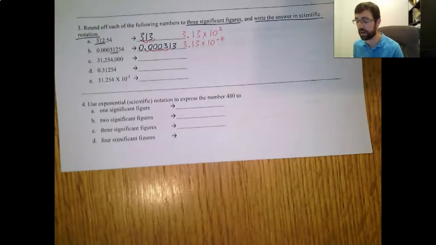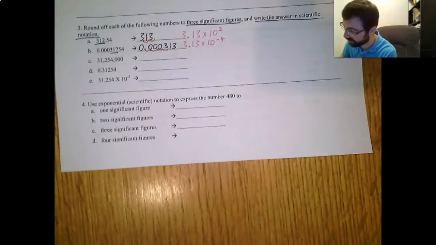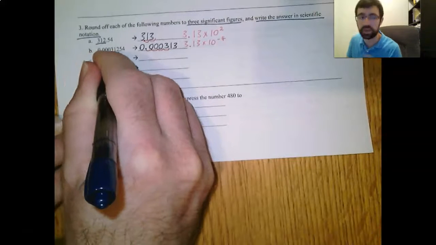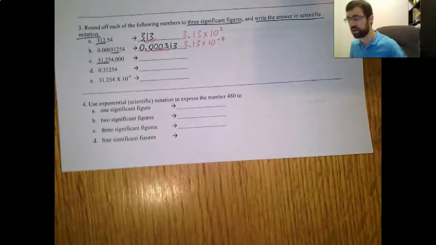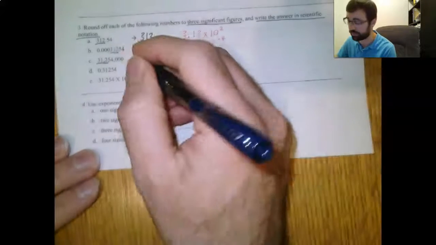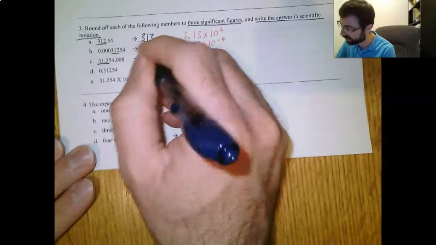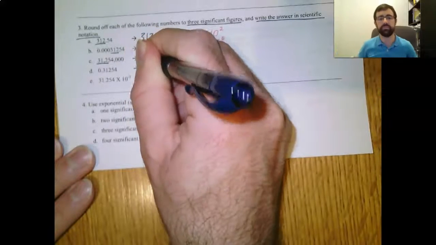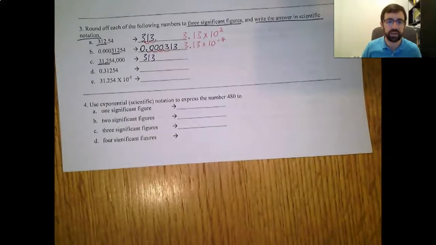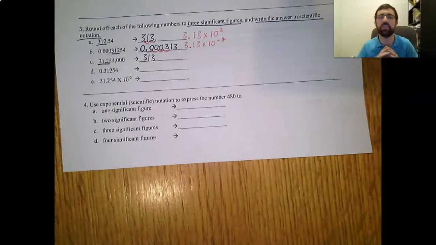Okay, we have 31,254,000. Okay, I need to round that to 3 significant figures. So the first 3 numbers are 3, 1, and 2, and that 2 rounds up to 3, just like in the last couple problems. This is what most students that have a problem with this will do. They'll go, oh, that's 3, 1, 3. Done. 313. One problem with that. 313 is not anywhere close to